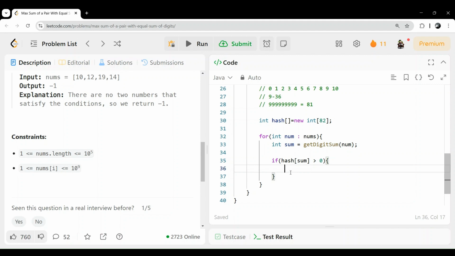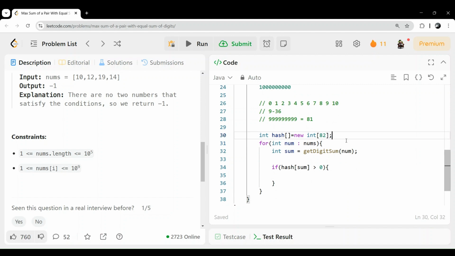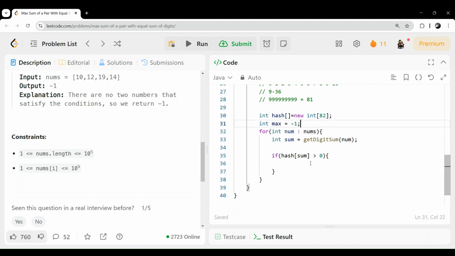So we will take one maximum answer, max is equal to -1. And here max is equal to Math.max of this max with the sum of the initial digit and the current digit.